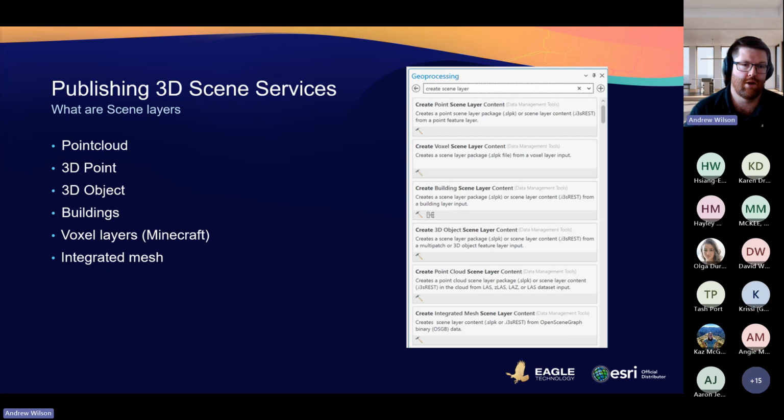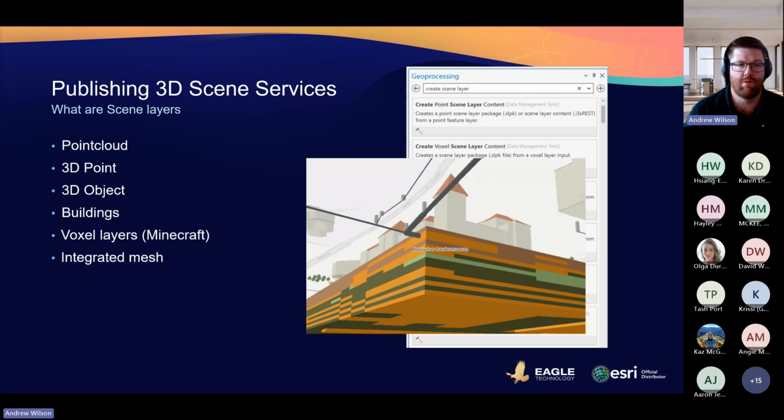Then we've got voxel layers. So voxel layers, for any of the gamers out there, simple explanation is like Minecraft. But what they are is a multi-dimensional visualization. So the likes of the file type NetCDF would be an example where they would display volumetric 3D or 4D data. So we could do atmospheric or ocean data as well as geological. So you could have soil levels, for example, at different depths. Here's an example of a voxel layer setup. So, as I said, very similar to Minecraft.